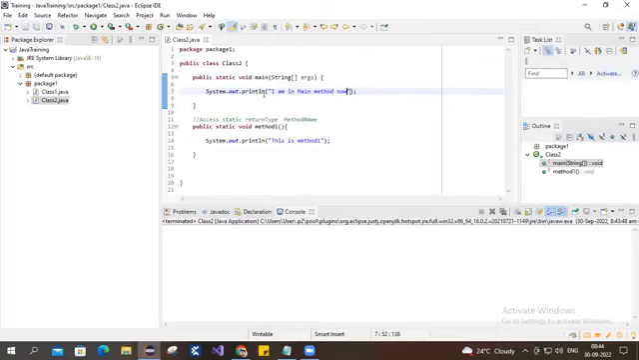I'm in main method now. So you see, if I execute, "I'm in main method now" means it has come here, and then it has printed and then ended. Again, we have not used this thing. So how to use this particular method again? We use,